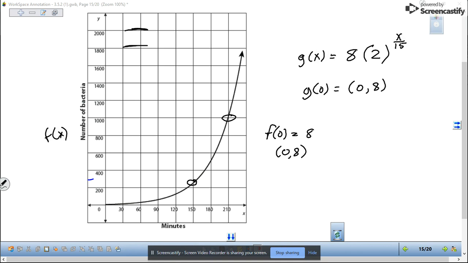Now, best guess here is we're at about 250. Okay, so we go up 200, and then 300 would be the halfway mark, and we're a little over half of that. So 250. All right, so for f of x, we're going to do the rate of change between the following 2 points: between 150, 250, and 210, 1,000. All right, and so when I do that, that would be 1,000 minus 250 over 210 minus 150. Or, in other words,